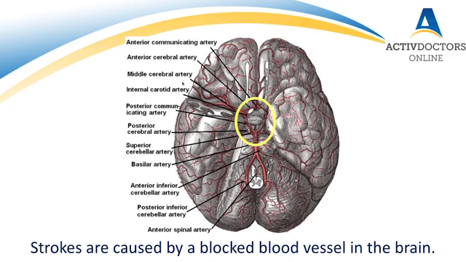Because of this, you can't have a stroke that affects all the different parts of the brain at the same time, because there's 3 separate arteries that give blood into that circle. And so even if you block off one of those arteries completely, you're still going to get blood into the circle, and it's still going to distribute throughout the brain. You can only usually block one branching artery, whether it be the middle cerebral artery or the anterior communicating artery,